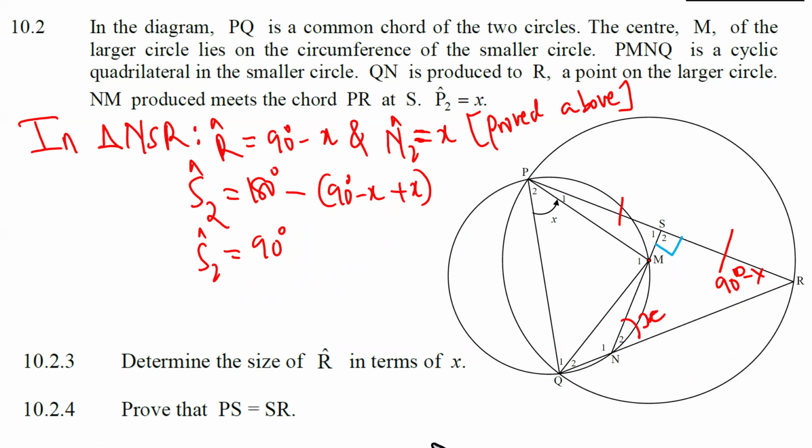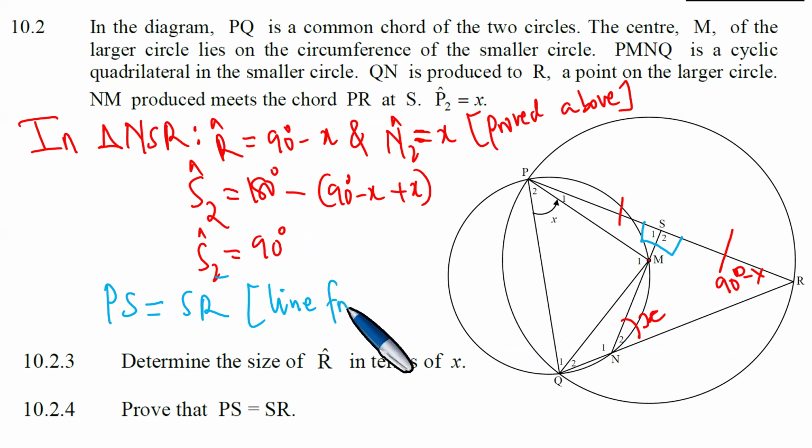Upon careful inspection, it is therefore clear that this angle S2 is 90 degrees, but also you can say that S1 is also 90 degrees because these are adjacent angles on a straight line. But this is enough to allow us to make the conclusion that PS is actually equal to SR. So we're saying PS equals SR, and the reason for that is